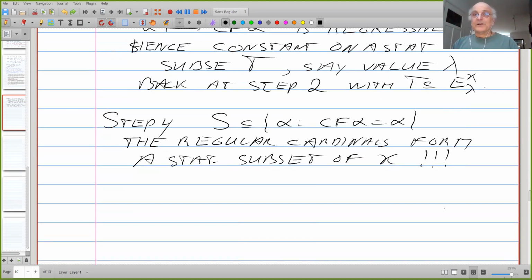If they have a stationary subset and you make a subset a bit bigger, it's still stationary. What does that mean for kappa? Well, in the group interaction, you will be asked to reflect on this, but